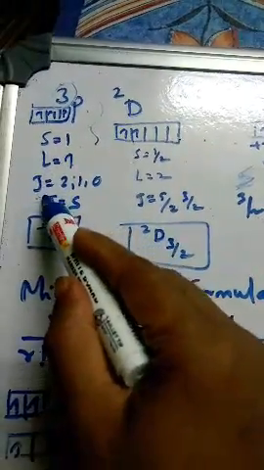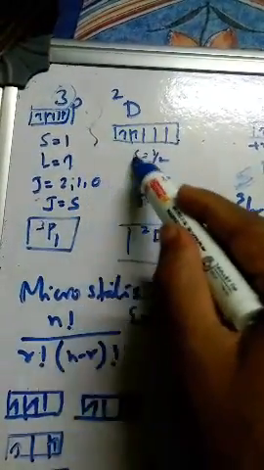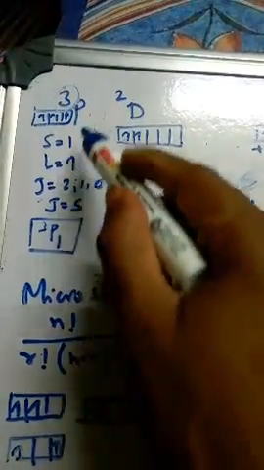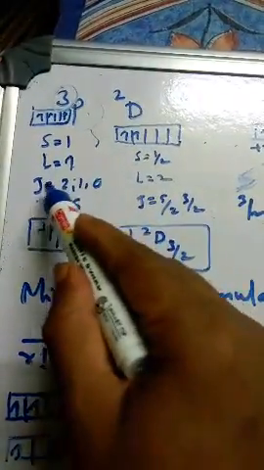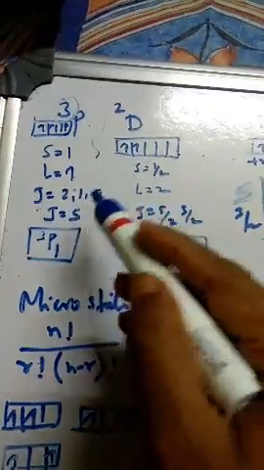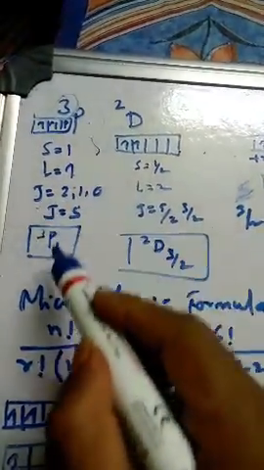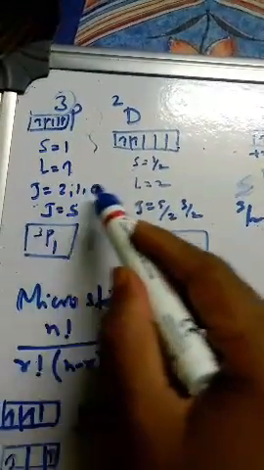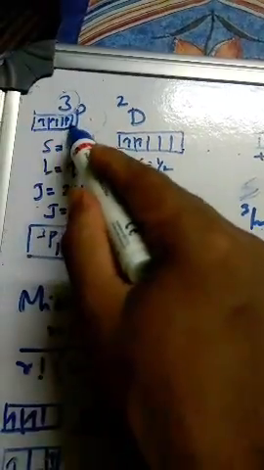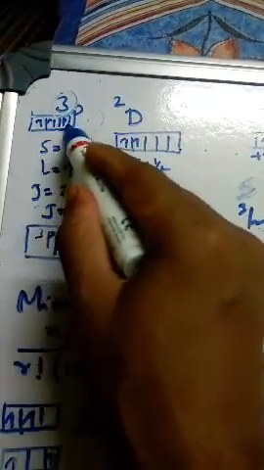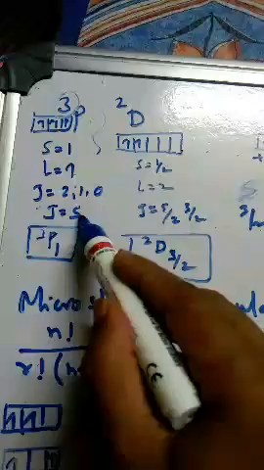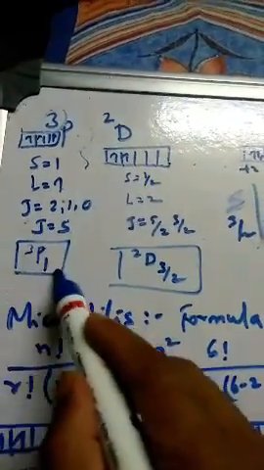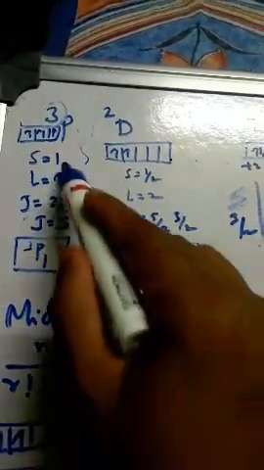And if you find the J value now, it runs from L plus S to L minus S, so 1 plus 1 is 2, 2 minus 1 is 1, then 0. So these will be the J values here. And with this the terms will be triplet P2, triplet P1 and triplet P0. So 3 will be there, but since it is exactly half filled, 3 electrons exactly half filled, the J value will be equal to S. So this will be triplet P1. So the ground term will be triplet P1, because S is 1 here.